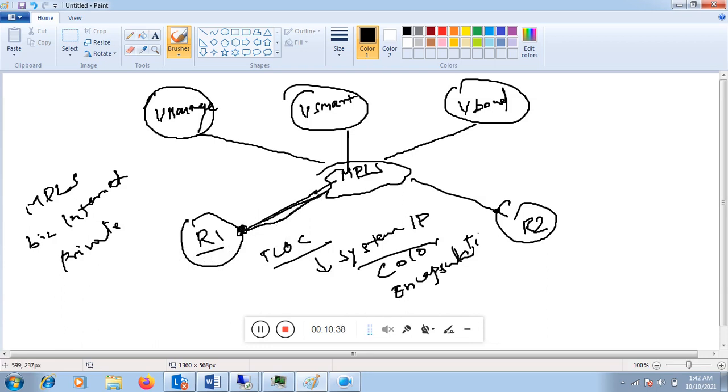Color is the identification of the transport. You can use any of the colors; there are multiple colors available, some of which are MPLS, Biz Internet, or private. And the third one is the encapsulation. With SD-WAN you have two types of encapsulation available. One is IPsec, the second one is GRE. You can use any of the encapsulations. So the T-loc is the combination of system IP, color, and the encapsulation.